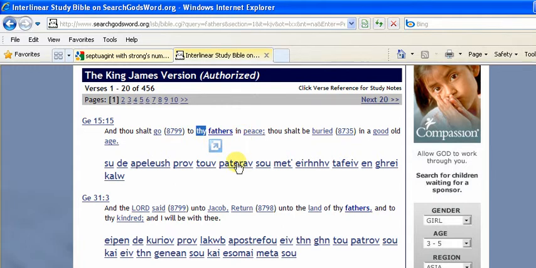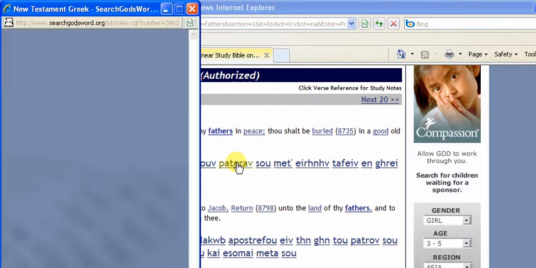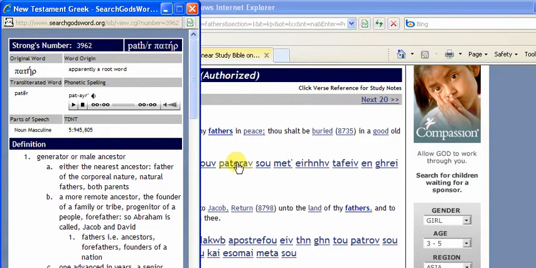But if we click on the word paterav, it of course brings up the root word pater,